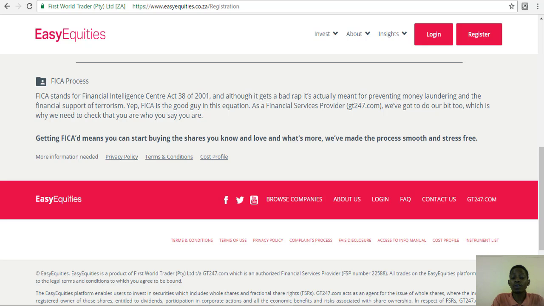Just like you have to RICA, you remember the RICA law was you have to register your SIM cards. You also have to FICA. So once you've registered your accounts with Easy Equities and you've uploaded your funds and everything, you also have to do your FICA, because if you don't do your FICA, you're not being compliant with the law. That's the first thing. And also, they are going to close your account down if you don't do your FICA, and so on. So FICA was put in place because South Africa was trying to fight against money